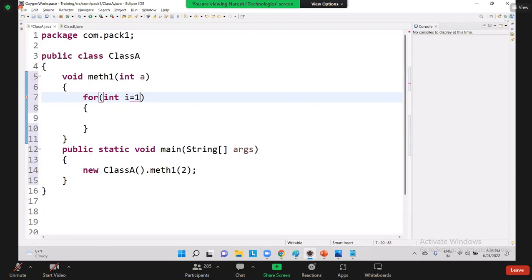And obviously two semicolons, you already know that. Now the condition: I want to go up to 10, so the condition is i less than or equal to 10. After that, the increment, so i plus plus. Now after that, this is the